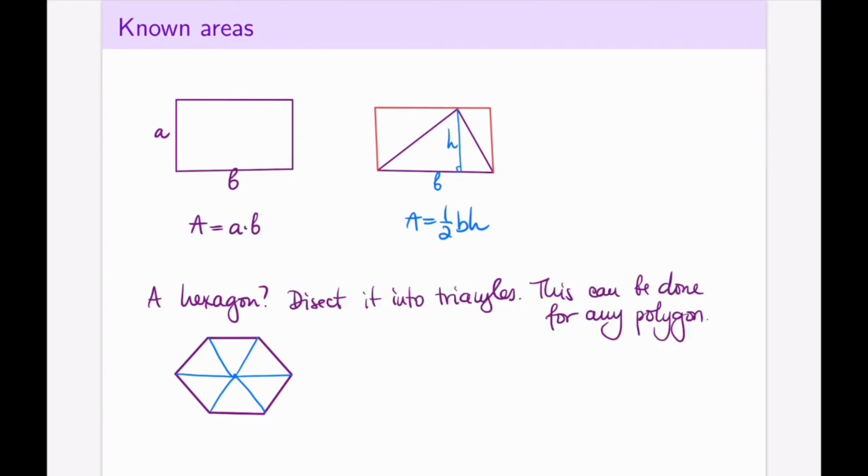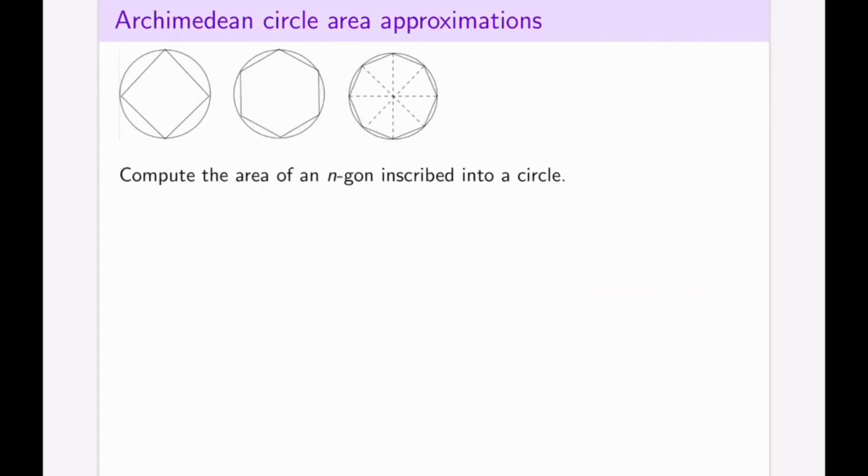So it seems that our problem is already solved. If this can be done for any polygon, then any figure with straight sides can be solved using this approach. What about figures with non-straight sides? What about a circle? The idea of approximating the area of a circle by placing a straight line figure inside